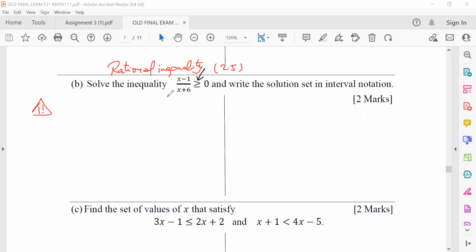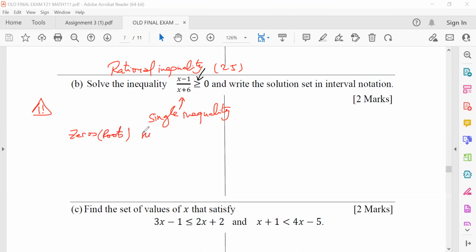Don't multiply by x plus 6. To solve this inequality, it is already a single inequality, so it's ready. Here the question is to find the zeros or roots